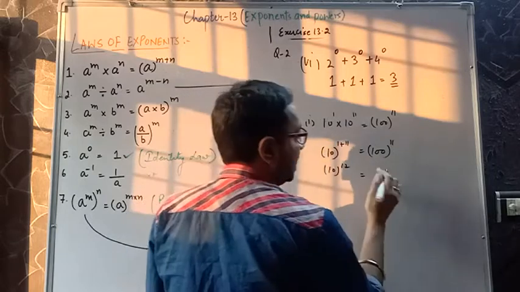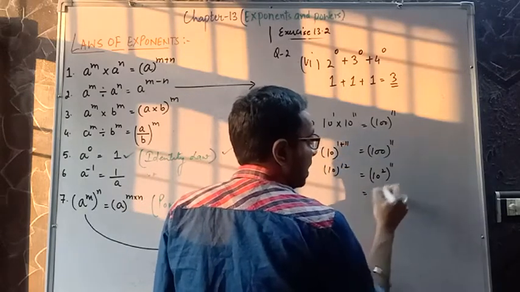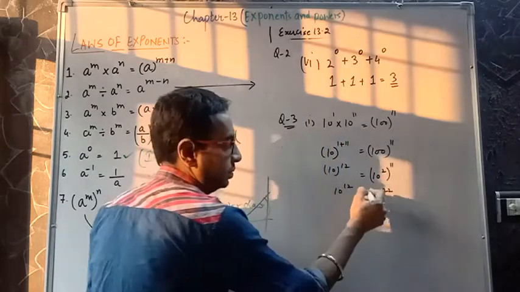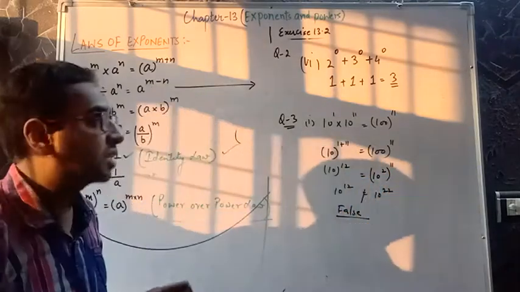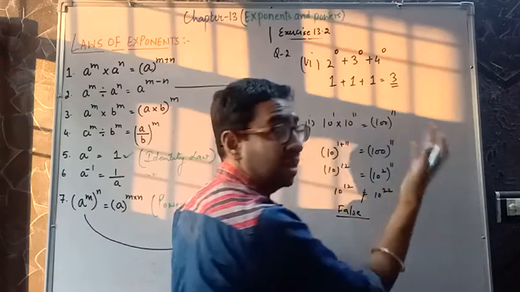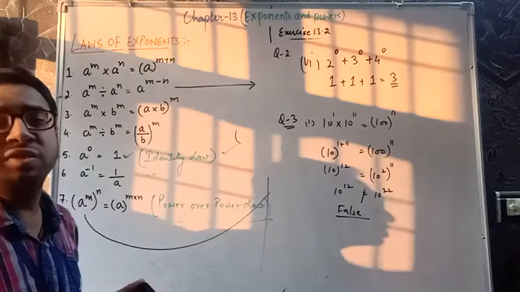And it means 100 raised to power 11. Right? If I write 10 square, I'll be getting 100. Can I write 10 square whole raised to power 11? Powers will be 10 raised to power 22. Are they equal? False. But what he did actually in this, instead of adding the bases' power, he multiplied the bases and he got the answer, which is absolutely wrong.